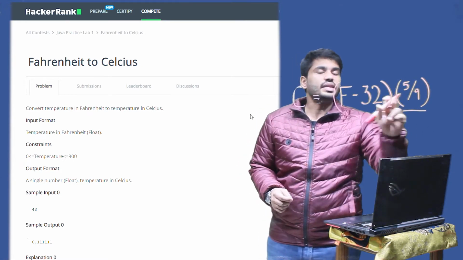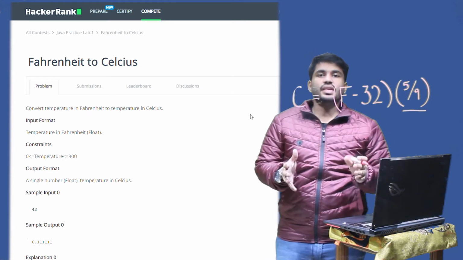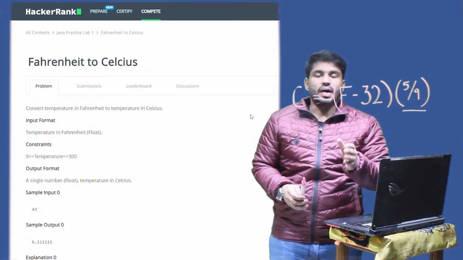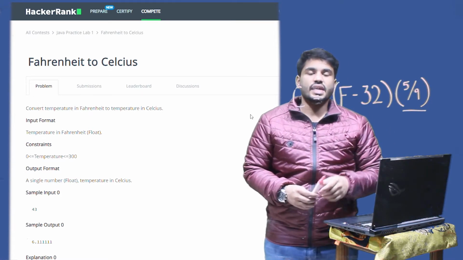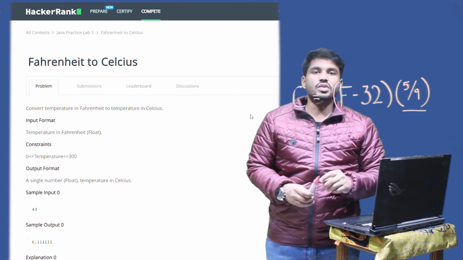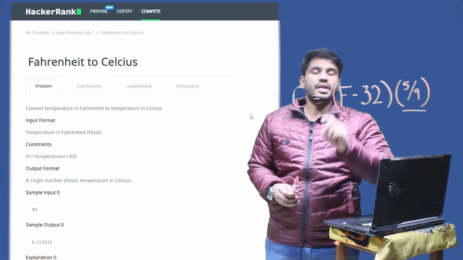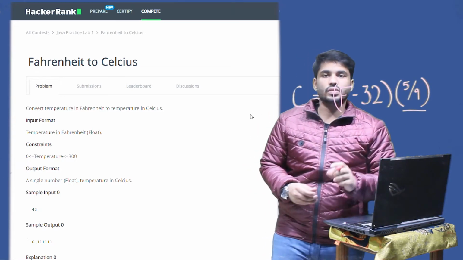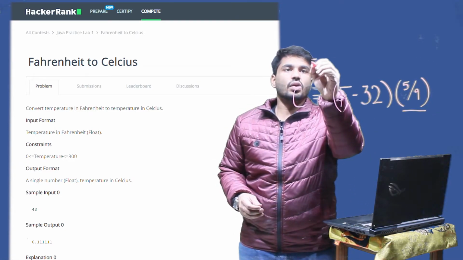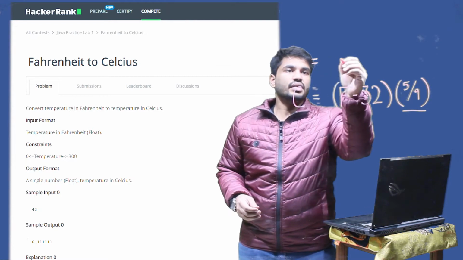So 5 by 9 is 0 point something, and when you calculate something in integers, only the part before the decimal is considered. Anything after the decimal is removed. So this becomes a 0, and 0 multiplied by F minus 32 becomes a 0. So basically, if we write it in this manner in our code, what we are actually writing is